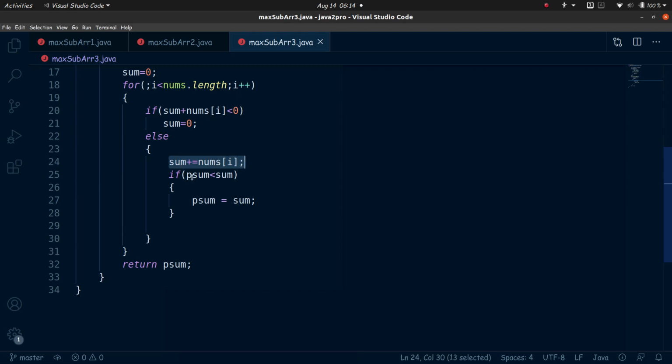And if the sum is greater than p sum, so consider p sum as the max sum, then p sum would become that new sum. If it is not greater than the max sum, then just ignore it and the loop will continue.